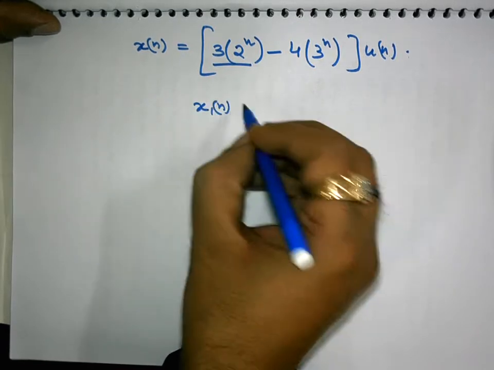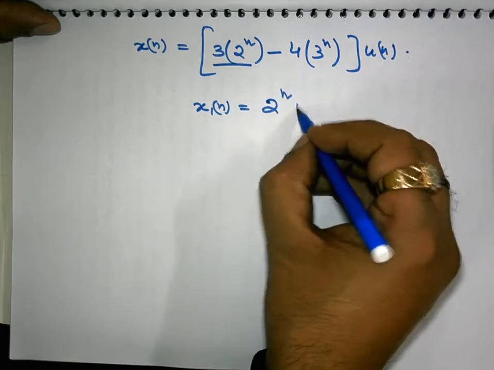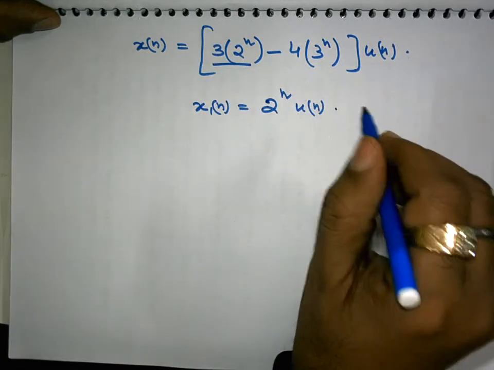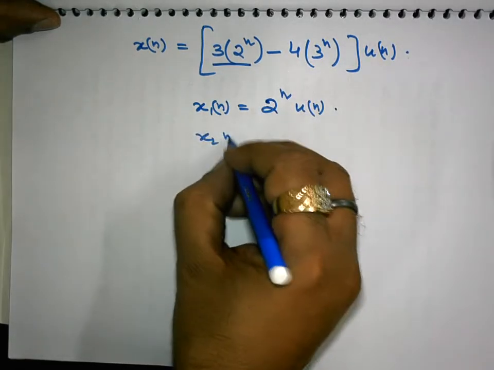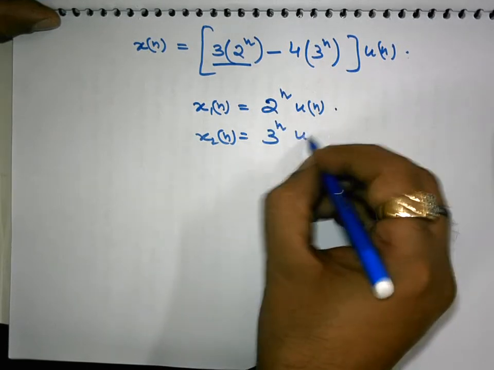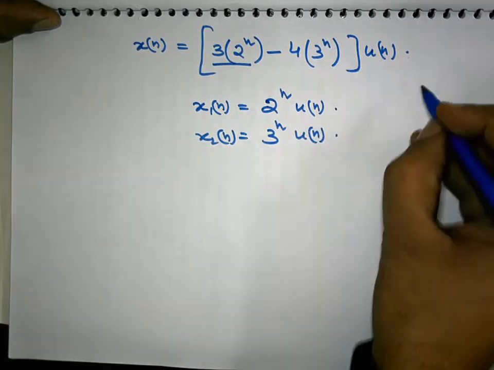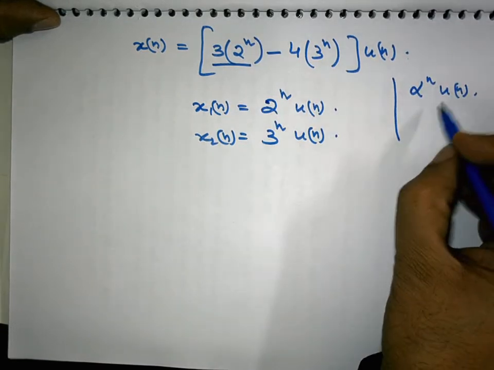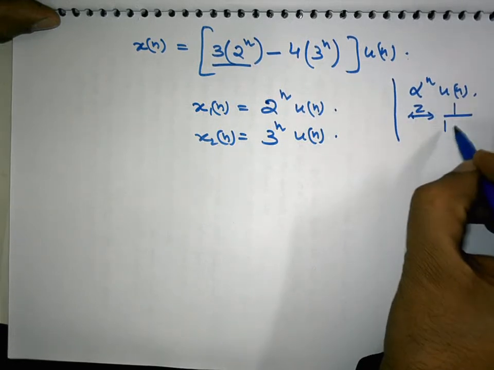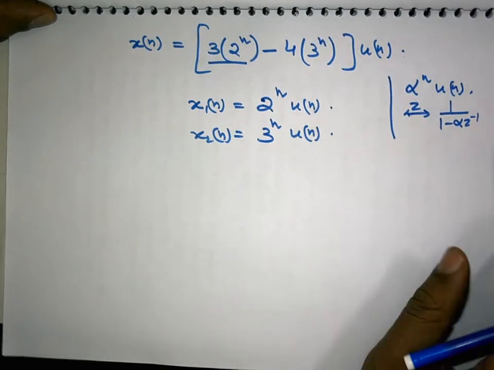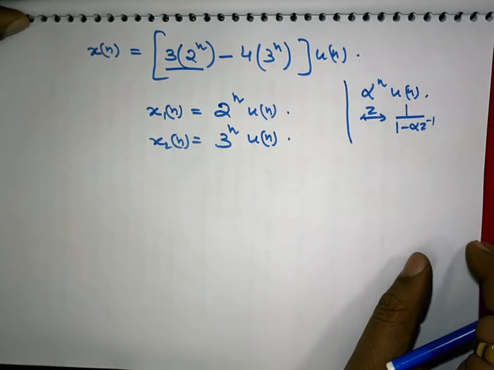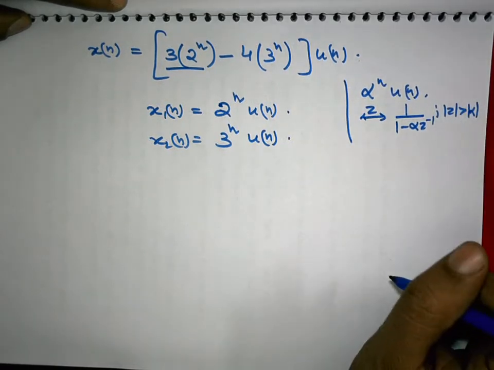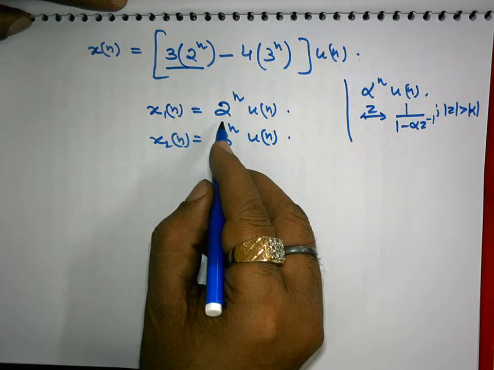This can be written as, say, x1n can be written as 2 to the power n un. I am breaking it in two parts. Okay. And x2n can be written as 3 to the power n un. And we know what will be the Z transform of alpha to the power n un. The Z transform of alpha to the power n un will be 1 over 1 minus alpha Z inverse. Okay. This has already been done, provided the ROC is mod Z greater than mod alpha,